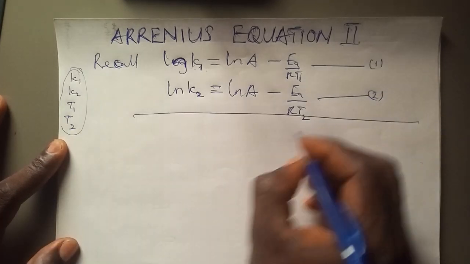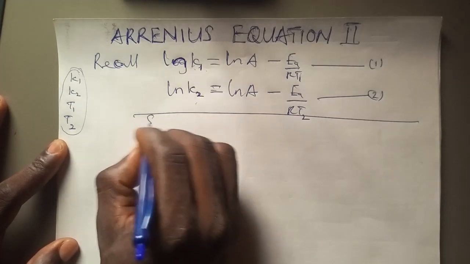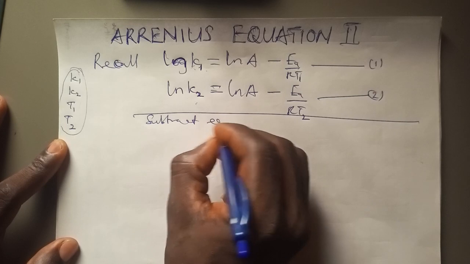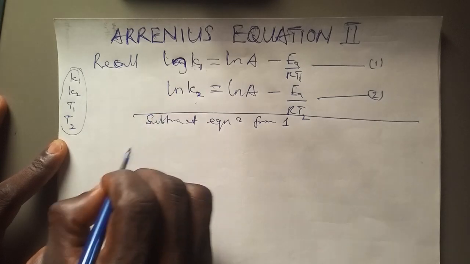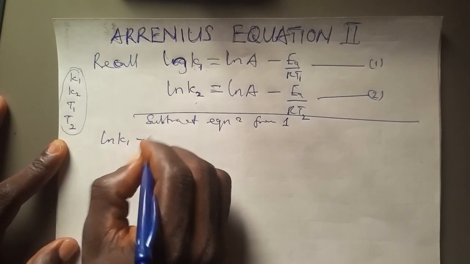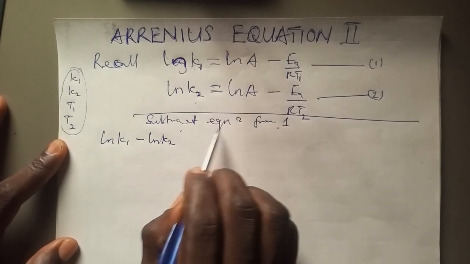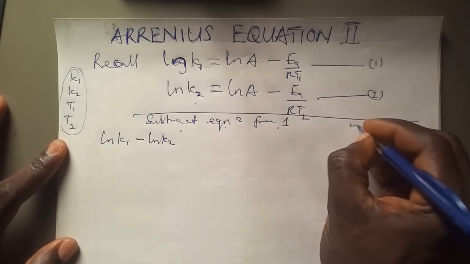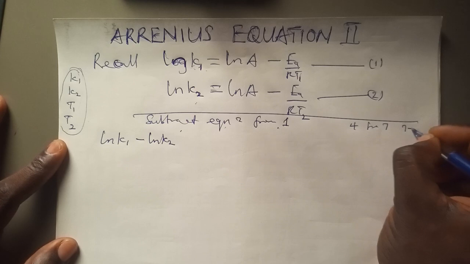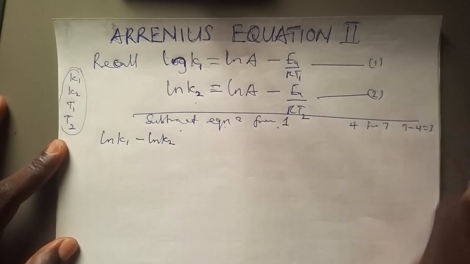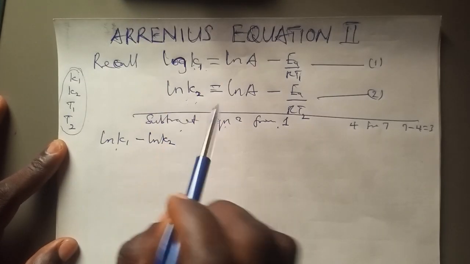So if I'm going to bring equation 1 and 2 together by subtracting equation 2 from 1, what do you obtain? From 1, meaning that you are saying ln K1 minus ln K2. Please understand this English here, that subtract equation 2 from 1. It's just like you are subtracting 4 from 7. When you say subtract 4 from 7, what do you say? 7 minus 4 is equal to what? 3. So the same way, subtracting 2 from 1 means that this ln K1 minus ln K2 is equal to,